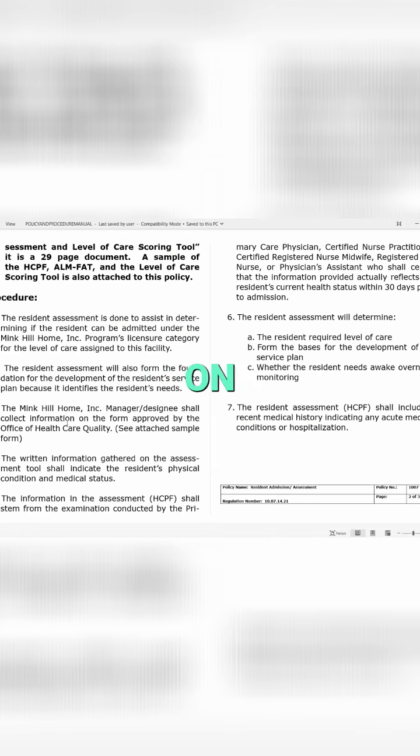The written information gathered on the assessment tool shall indicate the resident's physical condition and medical status. The information in the assessment shall stem from the examination conducted by the primary care physician, certified nurse practitioner, certified registered nurse,